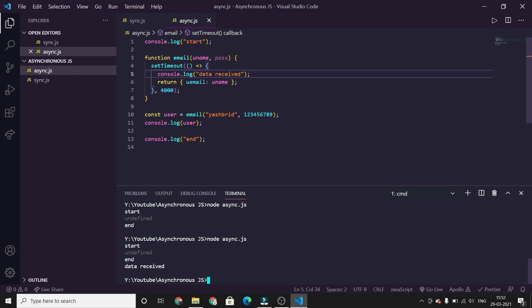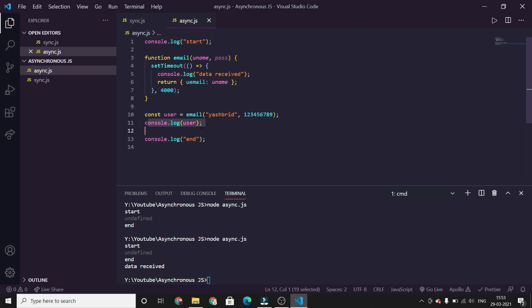Basically, when it goes inside the email function, it encounters setTimeout. So setTimeout is sent to the web APIs, which keep track of it. Then setTimeout is popped from the call stack and sent to the web APIs. After setTimeout, this line is pushed onto the call stack.